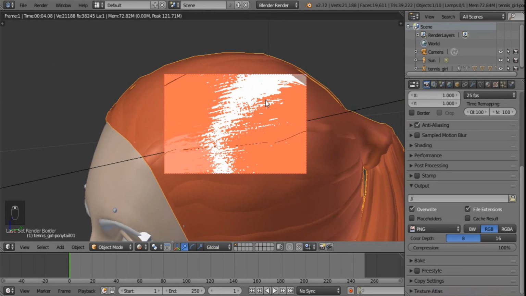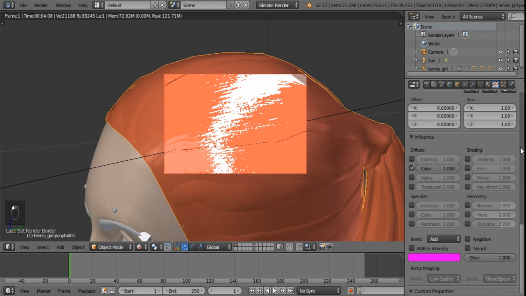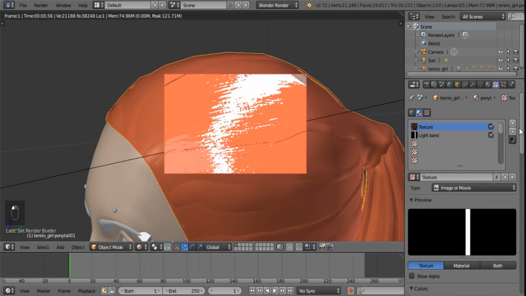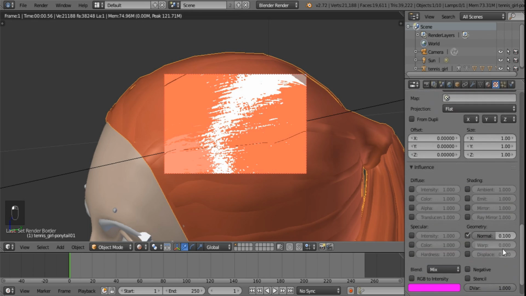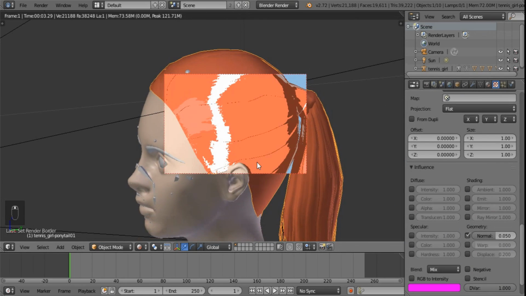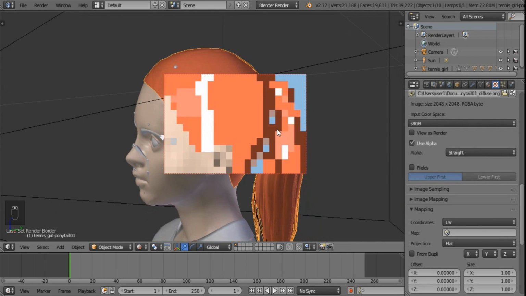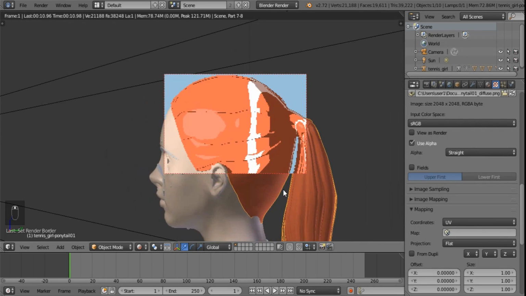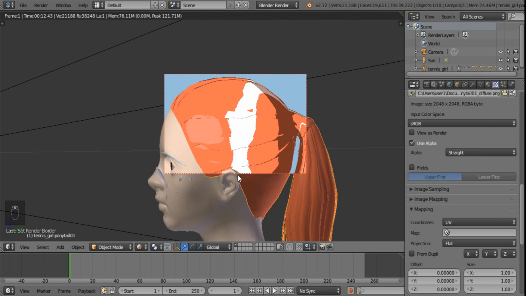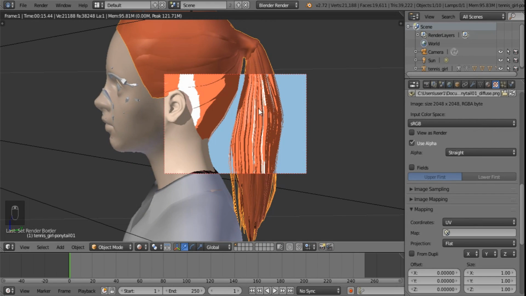Okay, now you see the influence is a little bit too intense. So what we'll do is we'll just turn it down a little bit to like 0.05 or something along those lines. That's better. See, there we go. Versus it off. On. Make it a little bit less intense, like 0.01. Just want a slight jagged edge to it. Doesn't have to be extraordinarily rough. You see, and on this hair it works like that, but if you look at the ponytail, the lights just